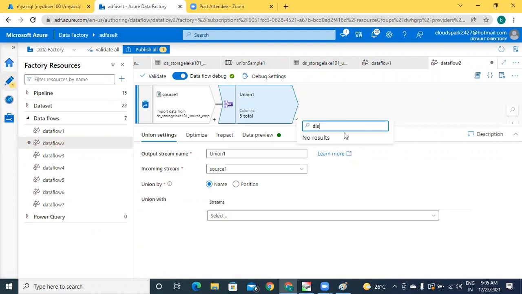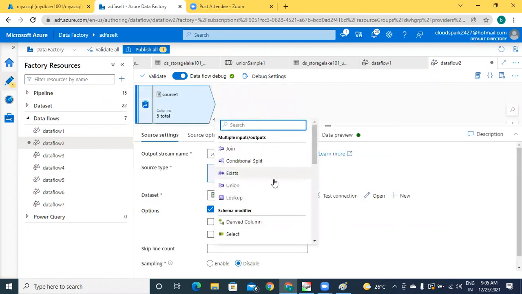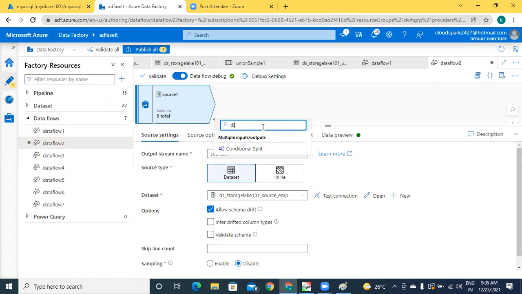But I don't have any transformation called distinct over here. Or straight away you can check here. For the source output stream, check for distinct. There is no distinct transformation here in the data flows.